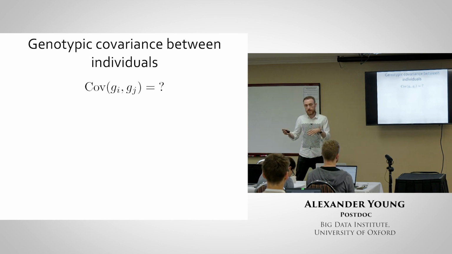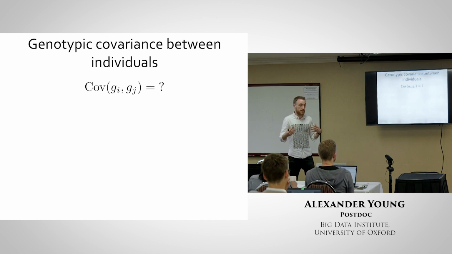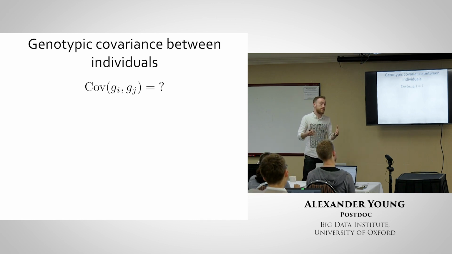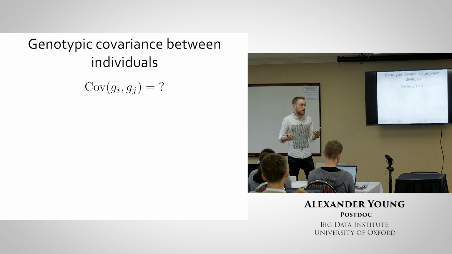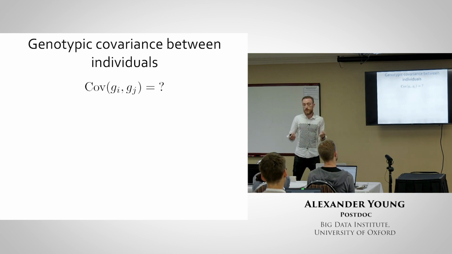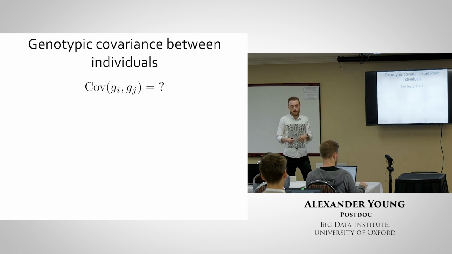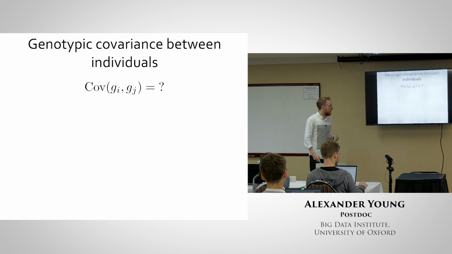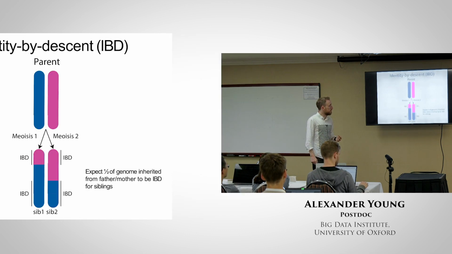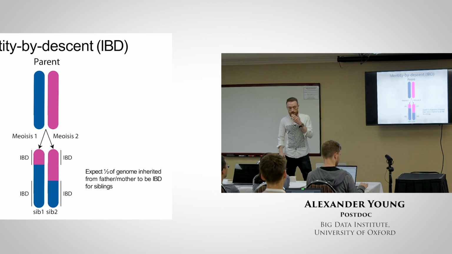But the more traditional quantitative genetics way of analyzing correlations between relatives is to treat effects as fixed, which means you don't have to make assumptions about the distribution, and to treat genotypes as random. So you're considering the correlation or covariance between some unobserved causal genotype for a pair of individuals. And the question is, what does that covariance in genotype depend on for a pair of individuals? And it depends on the identity by descent sharing between those individuals.